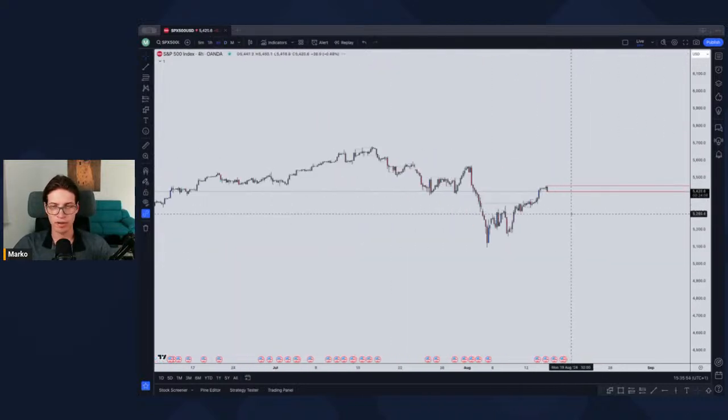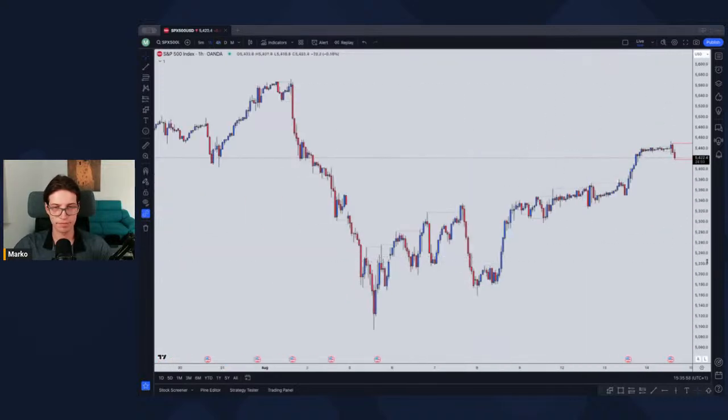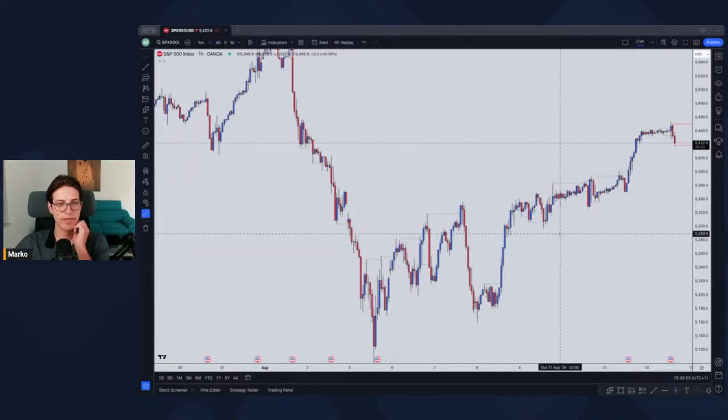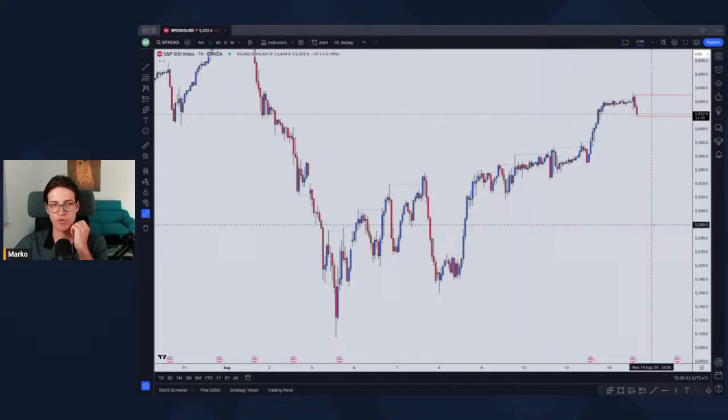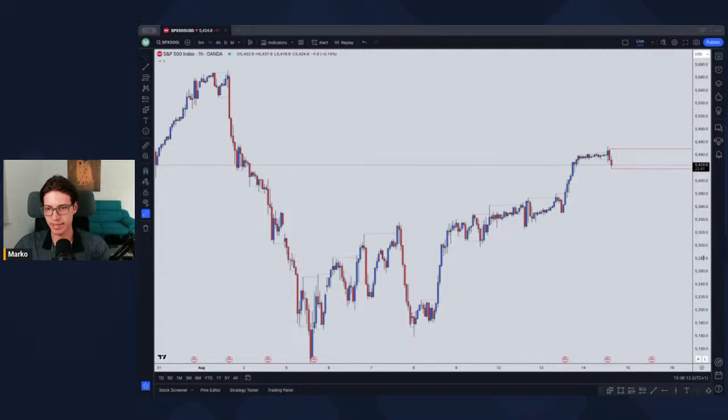4 hour, not gonna really do the 4 hour, 1 hour. Let me see, because I have been testing the S&P for my trending entries. I want to implement my trending entries on the S&P. I have had some nice trades, but it is a bit tougher to trade than, let's say,